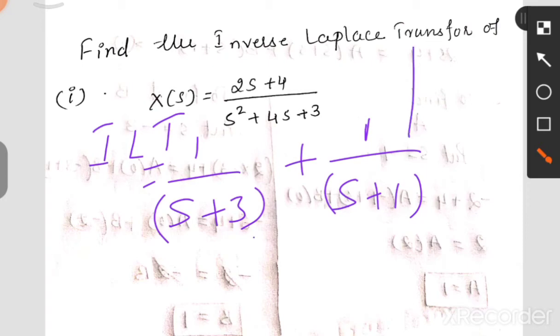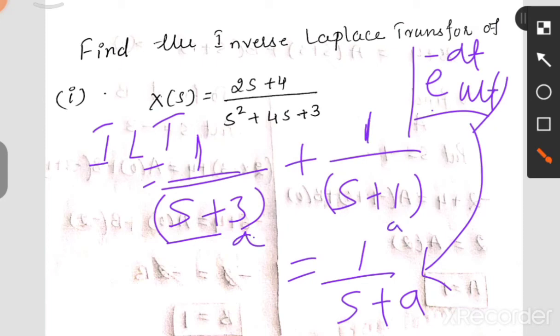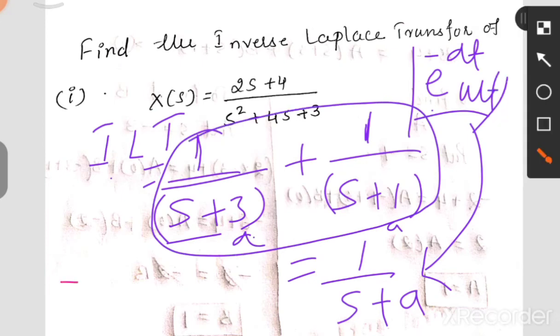Recall once, what is the Laplace transformation of e raised to minus at into u of t? It is nothing but 1 divided by (s plus a). Its Laplace transformation was 1 divided by (s plus a). This is in the form 1 divided by (s plus a), and this is also in the same form. Therefore the inverse Laplace transformation of these two terms will be e raised to, in the place of a we have 3, that is minus 3t,